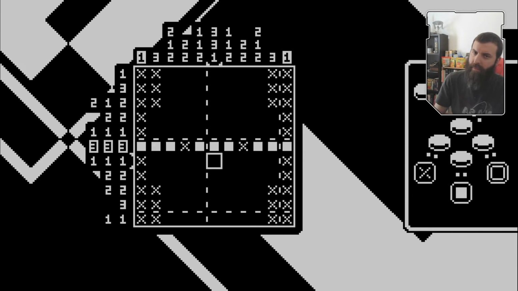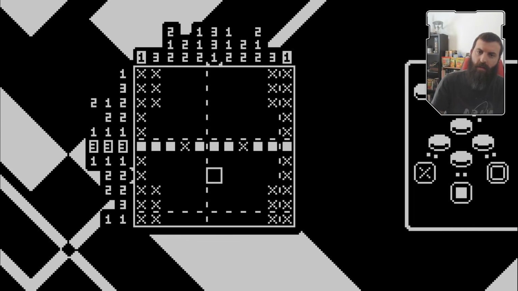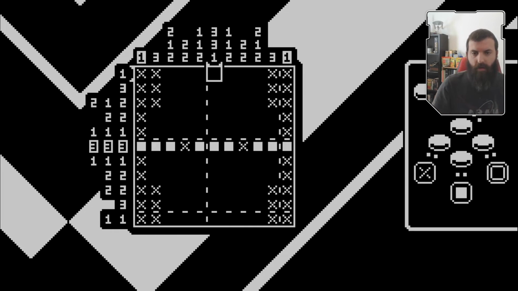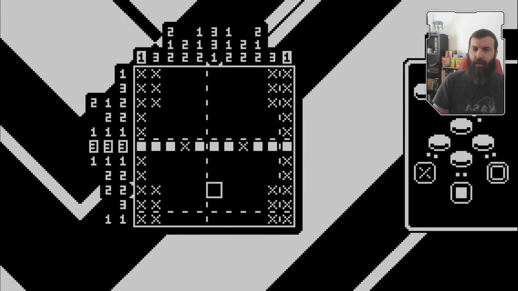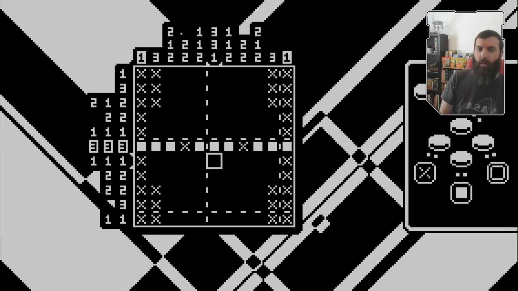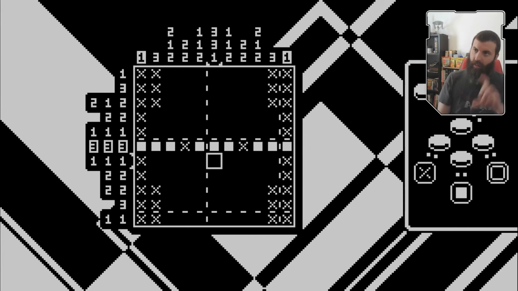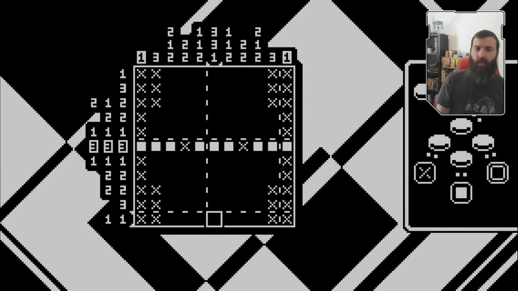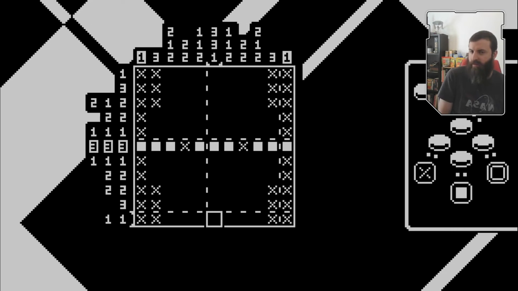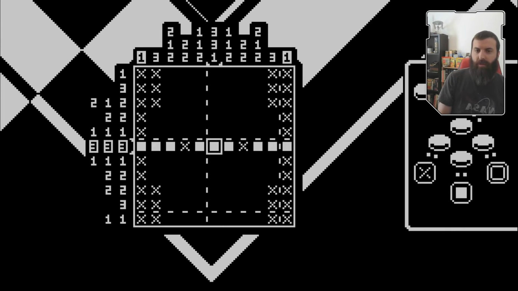Okay. Here's what I'm thinking. Vertical 3, 3, 1. So if we had 1 space 1, 2, 3, that wouldn't work. You could not have lowest possible arrangement. So there has to be 1 space space 1, 2, 3, or space 1 space 1, 2, 3, or something